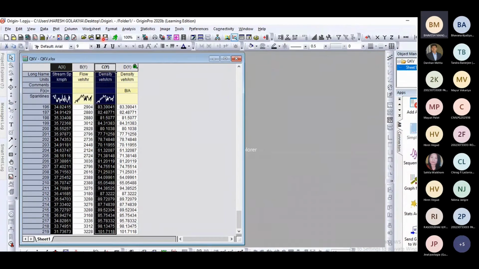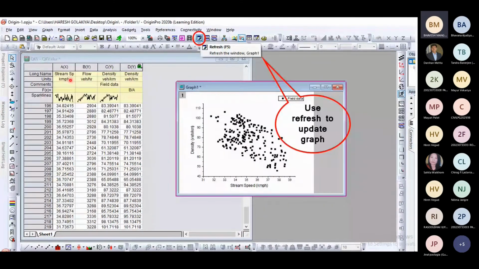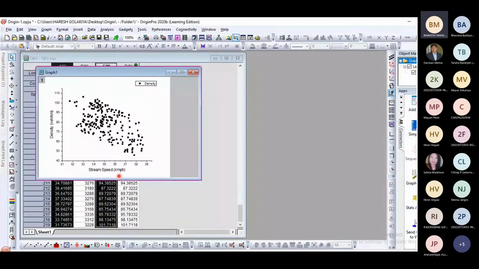You can see here stream speed and unit is there, so it will be automatically available. Sometimes if you have not written that, you can double click here and you can type. It is very user friendly. At any required entity, you can just double click and you can edit it. So this scatter plot between density and stream speed is ready.